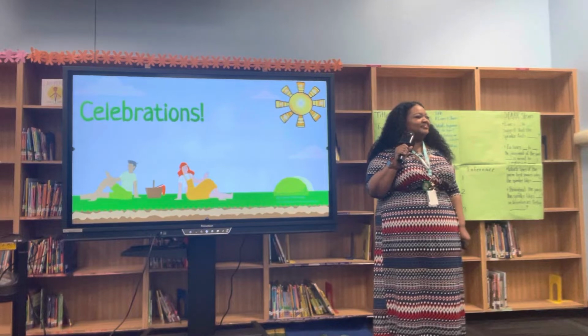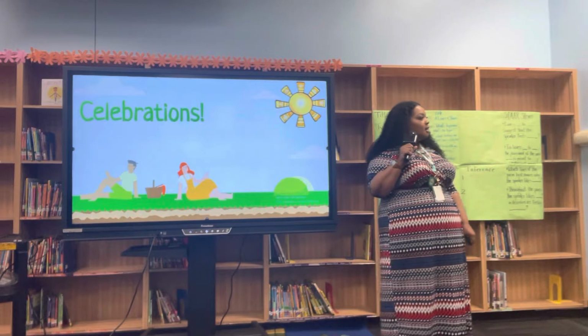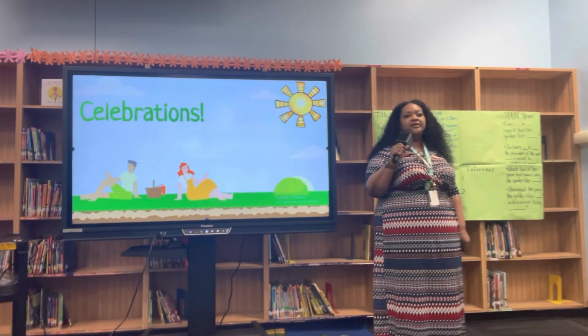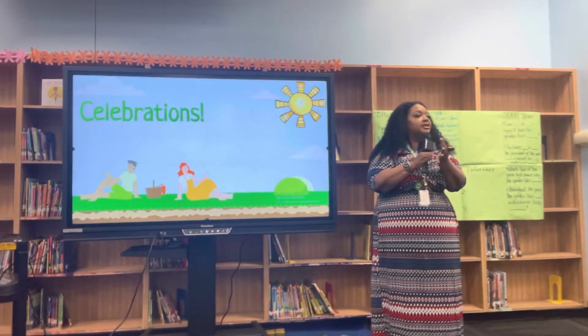5E, the DOL from yesterday averaged 85% or higher. Ooh. And it was all STAAR STEM questions for informational tests. Let's give it up for 5th grade. That's a good one. Congratulations.